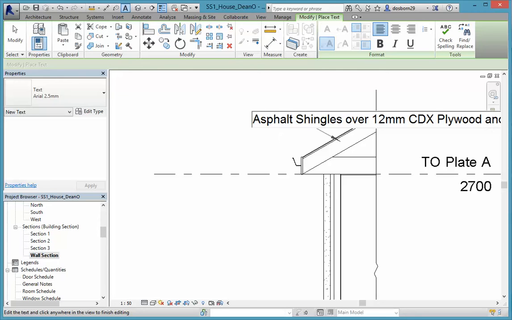And timber trusses, and enter. Now if we want to get that to fit a bit better, we can just bring those down,